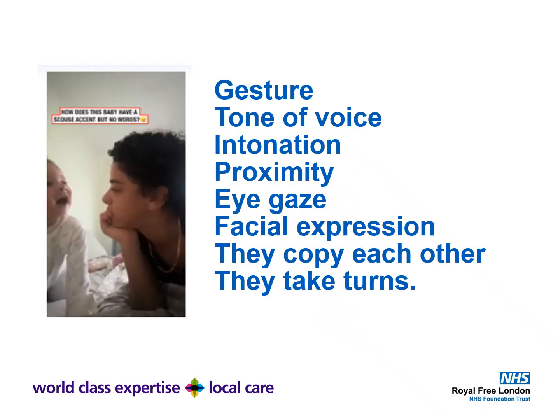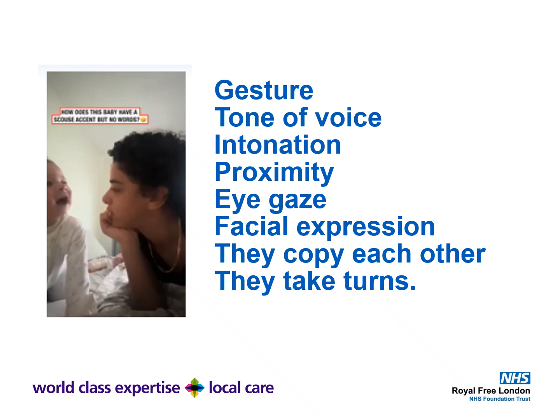So you can see in that clip that although the baby wasn't using any words, they were clearly communicating so richly with their mum by using things like gesture, like shaking her head or using her little hands. She changed her tone of voice and the intonation of her speech to show how she was feeling. The mum and the baby are quite close together. They're leaning in to show that they're interested. They're meeting each other's gaze and the baby's sometimes looking back to show the mum that she's talking about something behind her. They're also using facial expressions like smiles or little frowns.